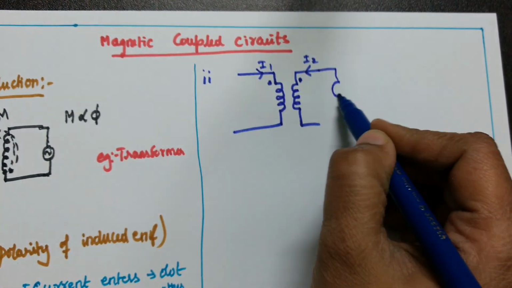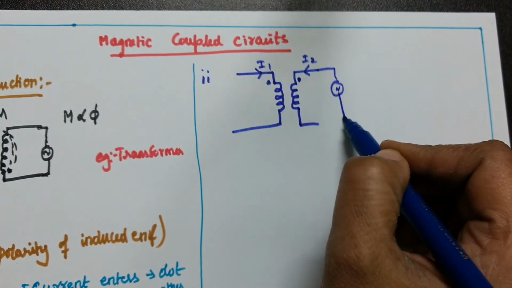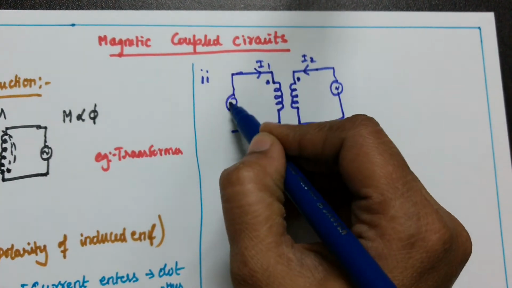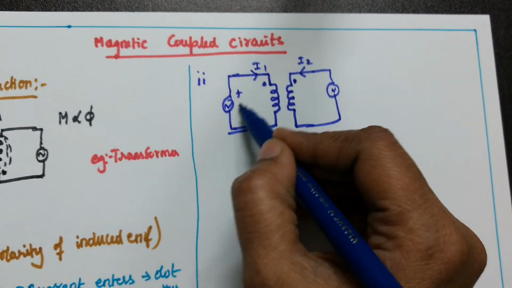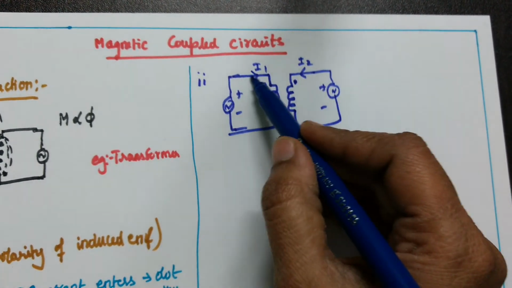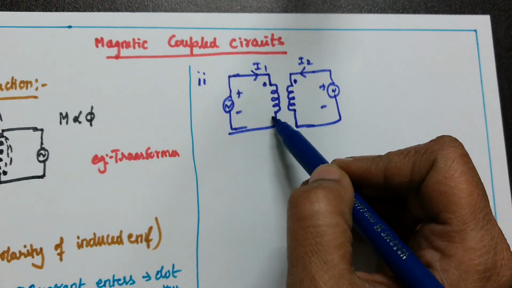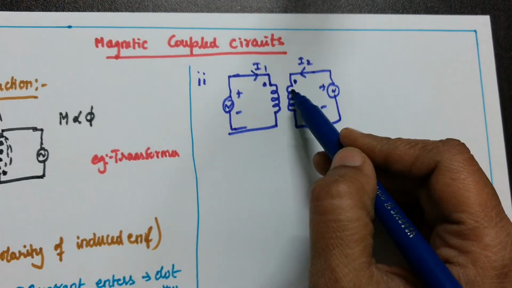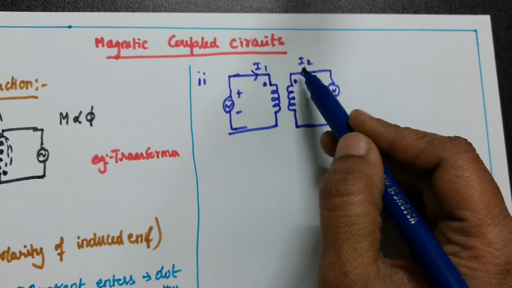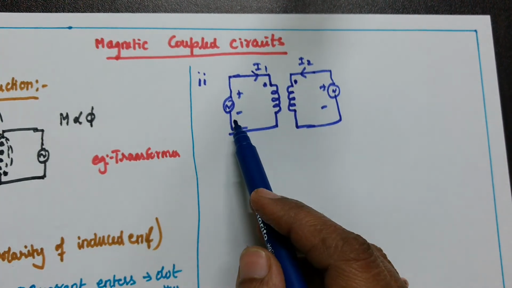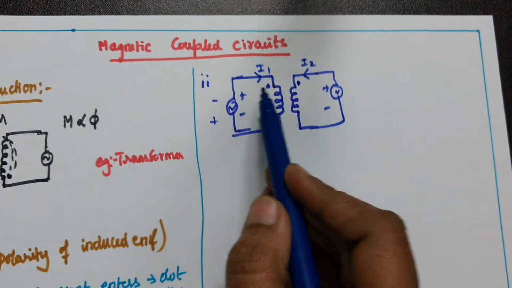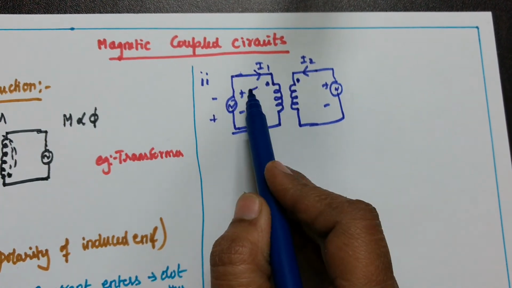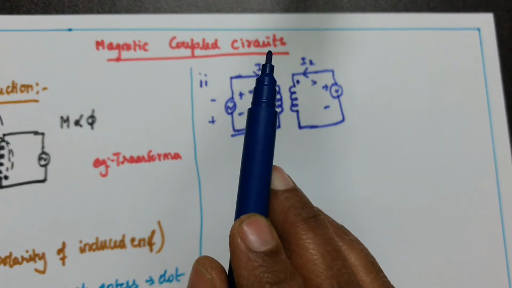That means if both the windings are excited, automatically the current will be entering at the dotted ends. If it is plus minus, it means I1 enters at the dotted end of the primary winding and I2 enters at the other dotted end. Both the currents enter. For this case, if it is minus plus, the polarity is reversed, which means both the currents will leave from the dotted end.